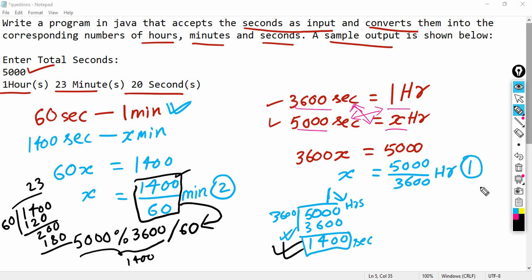So, this 23 here, this represents the number of minutes. And the remainder here, that is 20, that is the remaining number of seconds.